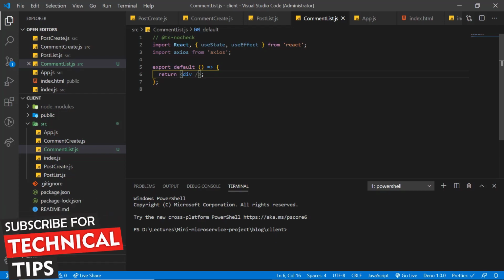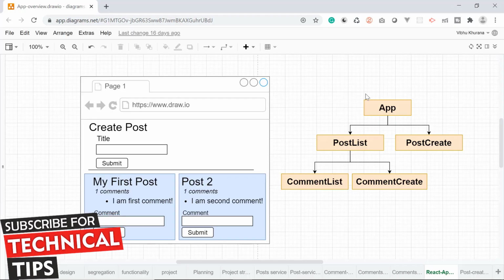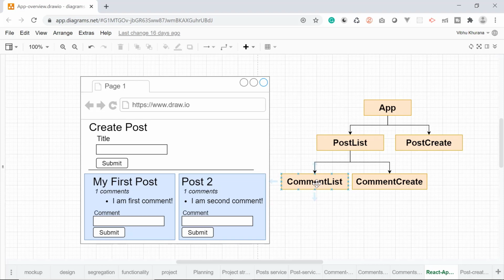Now let's switch to our architectural diagram again. In this diagram, you can see that the goal of the comment list component is to reach out to the comment microservice and fetch all the comments that are associated with some posts.